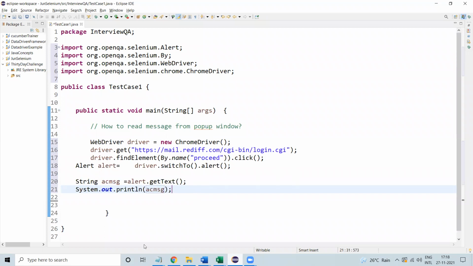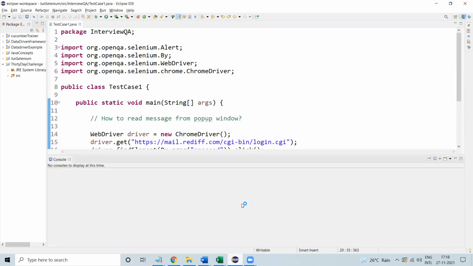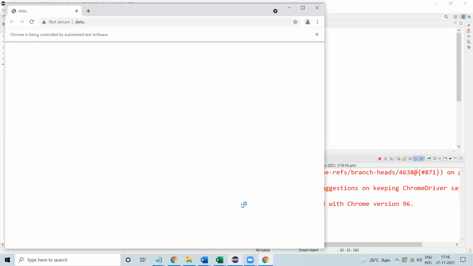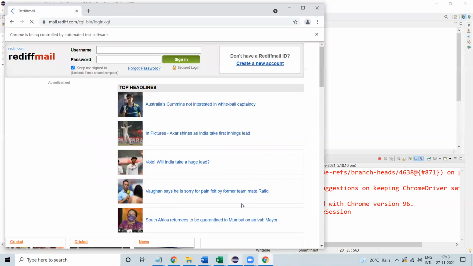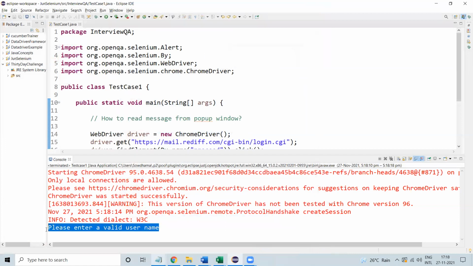Now if I run this, I can get the message in my console. So if I run this, now I can see the message is coming over here.